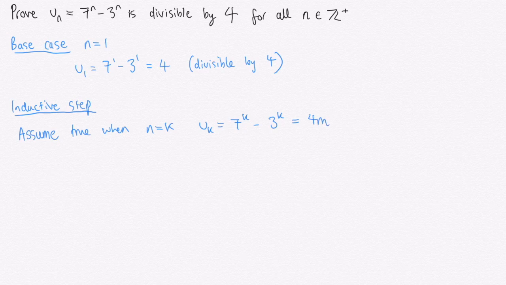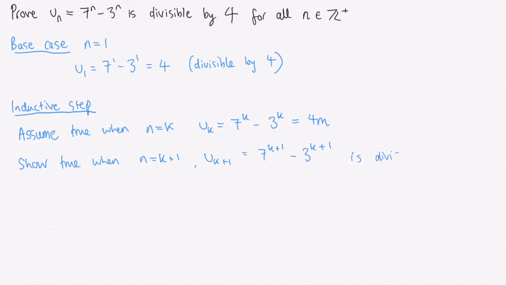And what do we want to show? Well, we want to show it is true when n equals k plus 1. So we want to show that u_(k+1), which is equal to 7 to the k plus 1, subtract 3 to the k plus 1,